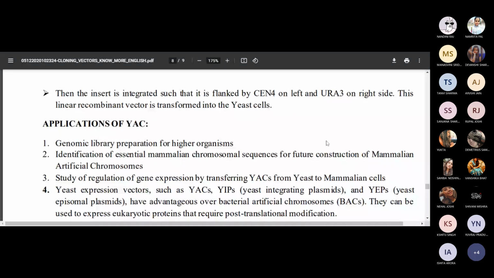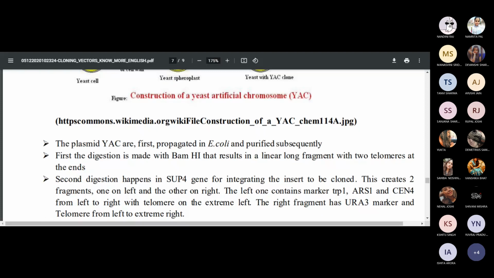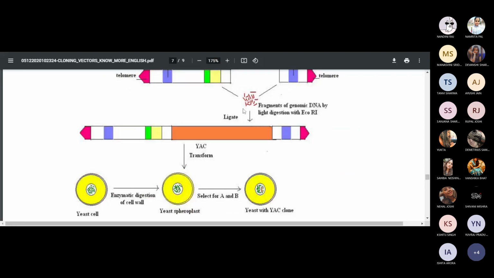Then the insert is integrated such that it is flanked by TRP1 on the left and URA3 on the right. This linear recombinant is transformed into the yeast. So now the arrangement is made in such a way that, if there is no ligation, like if the insert is not inserted and they are not ligating,